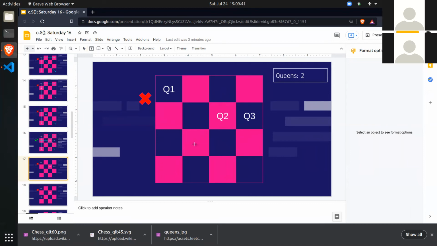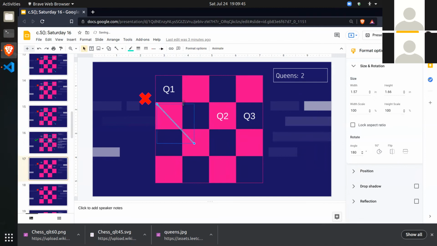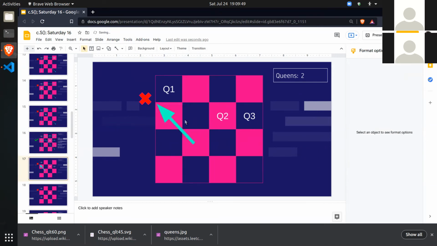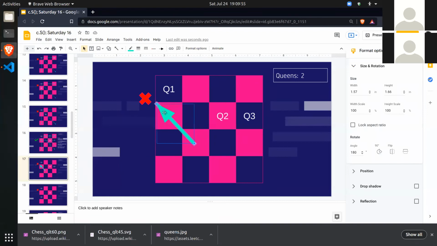If I'm at this position, I'm going top left like this. In this case, my top left will end here at the first column. Or one more thing can happen. I'm at Q2. So if I'm at Q2, when I'm going top left, I'll hit the first row. So then I should stop.